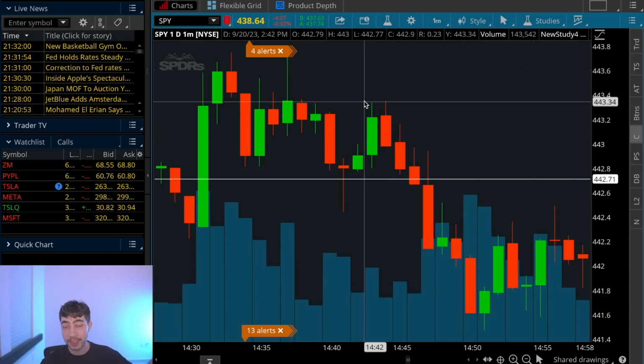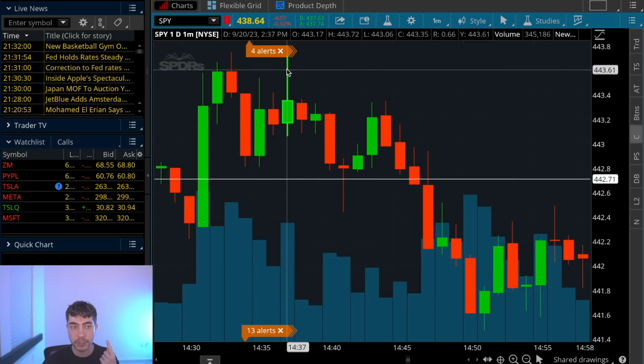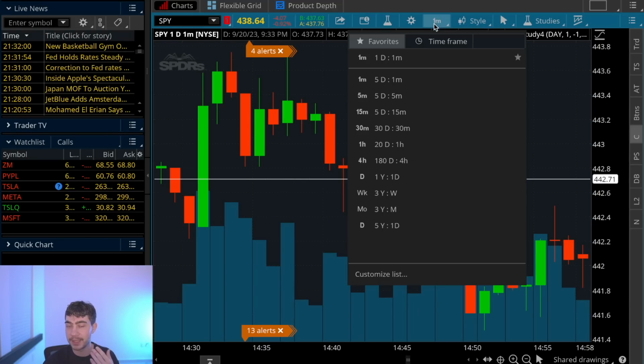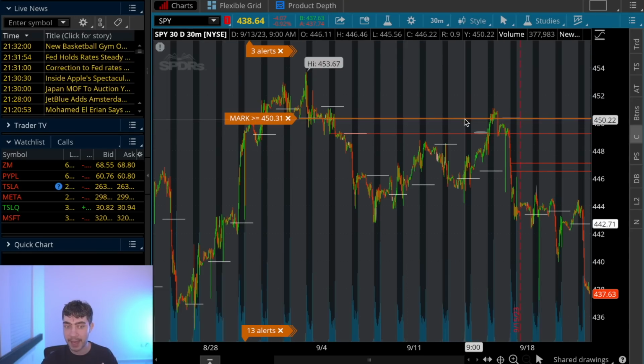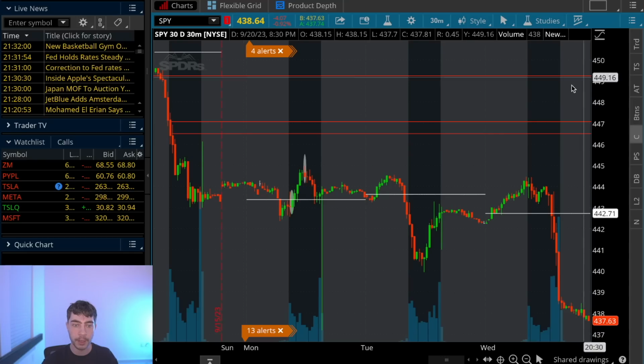Obviously, the opportunity that's going to come first is going to be the call option play because we're approaching the lower zone. So our first level for puts that we are waiting to short the market is basically that same level, and it's going to be that 443.70 level with the max pain slightly above 444. Now, our next levels for puts above that are going to be the following zone that we've been waiting for, which is going to be